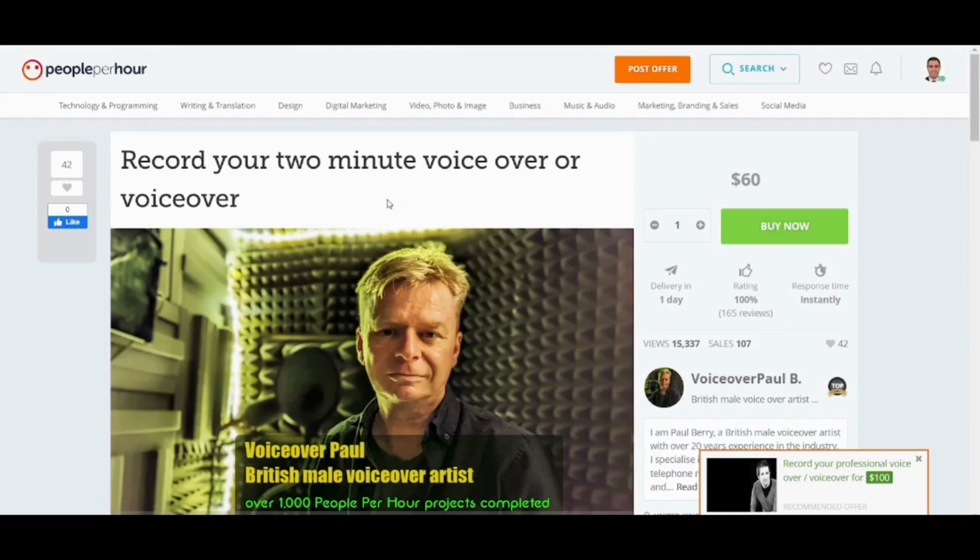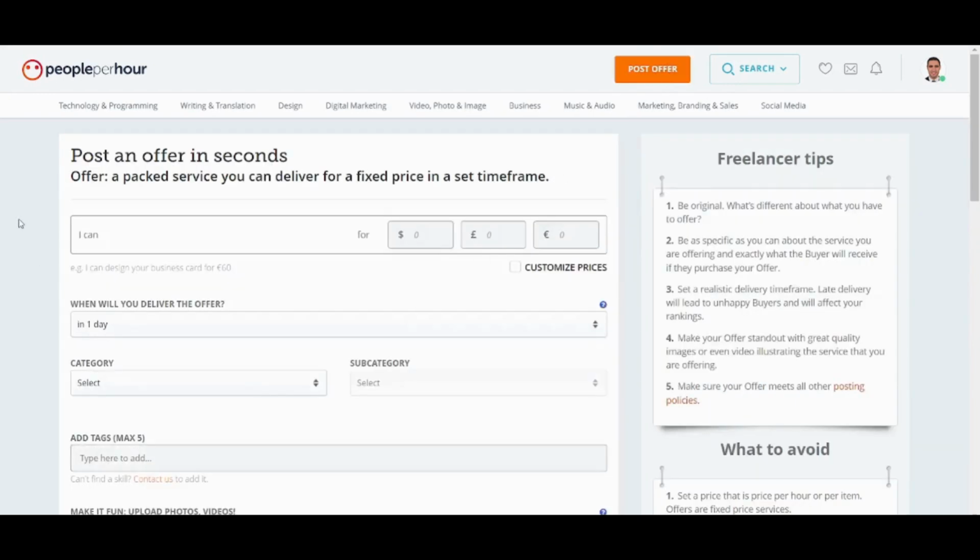In order to start actually making money and selling your own services, you can just go to post offer and click on it. Here you will be transferred to a page in which you have to fill out a form. That will be the post that is going to be published, and that's going to give you some customers to deal with. At the beginning, it asks what you can actually offer so that you can get money from it.